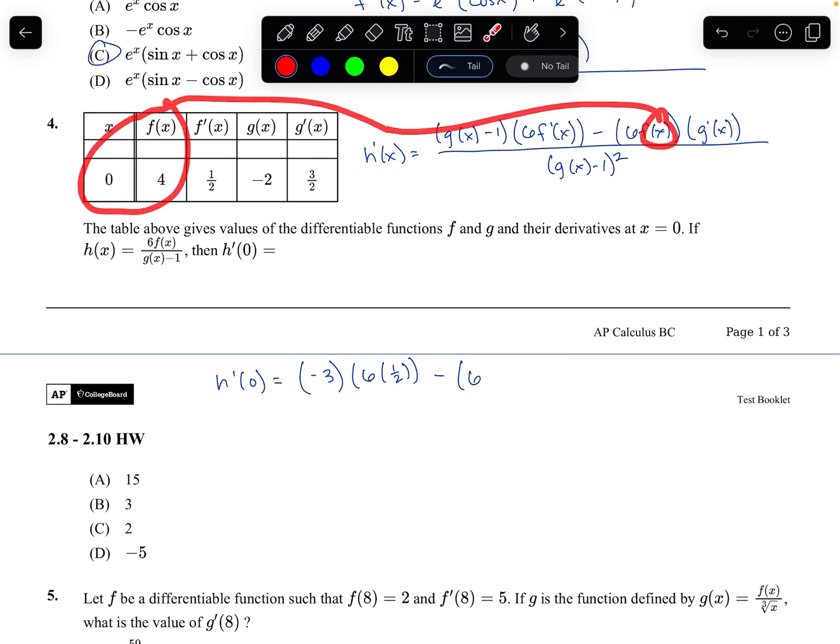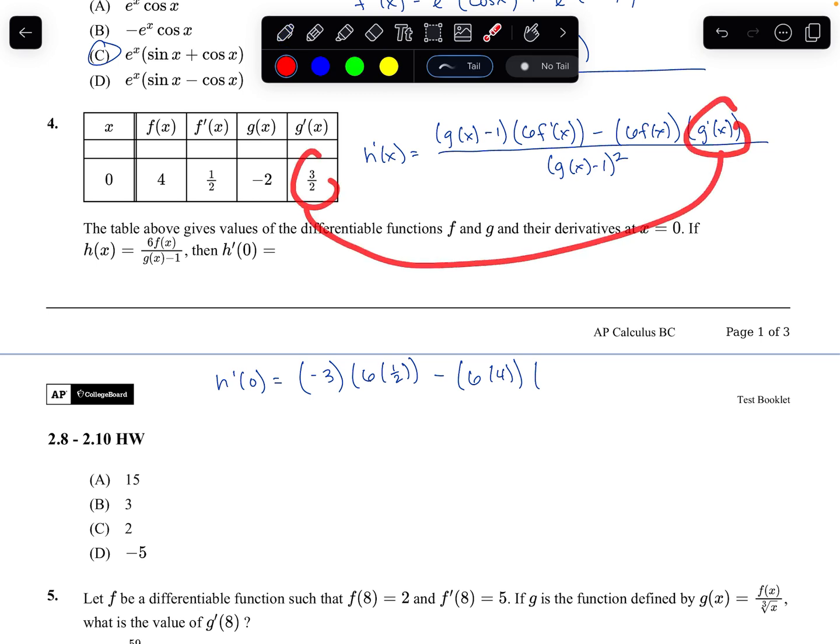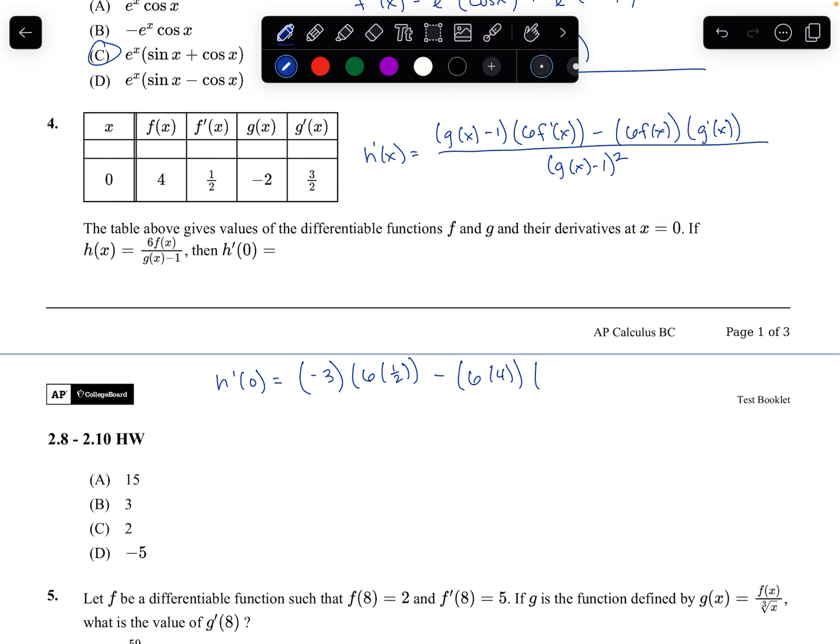So f of 0 is going to be 4, so that's 6 times 4. And then we have times g prime of x, and g prime of 0 is going to be 3/2